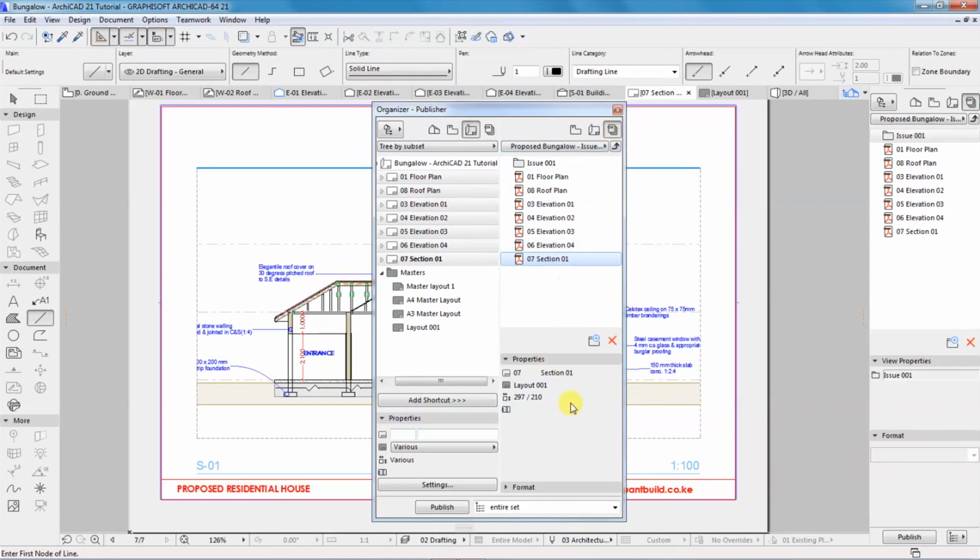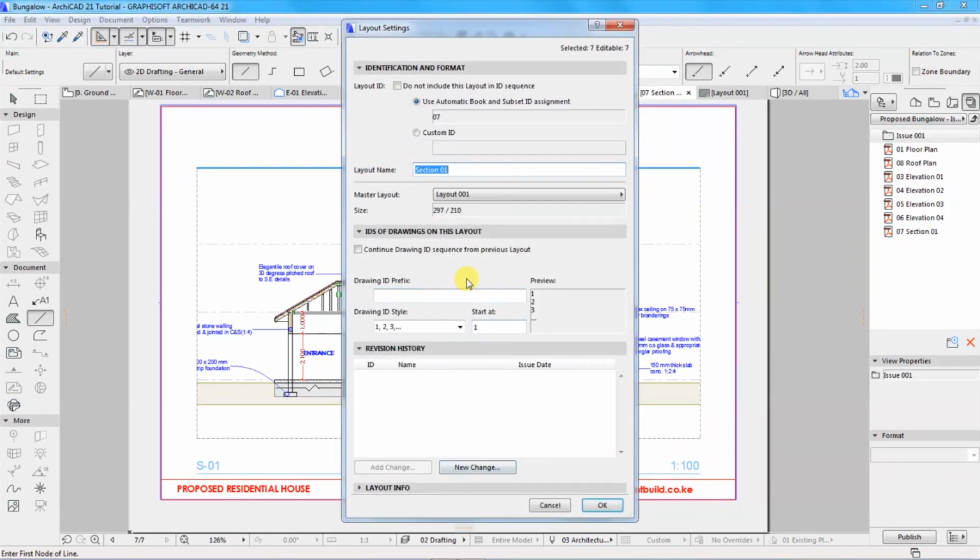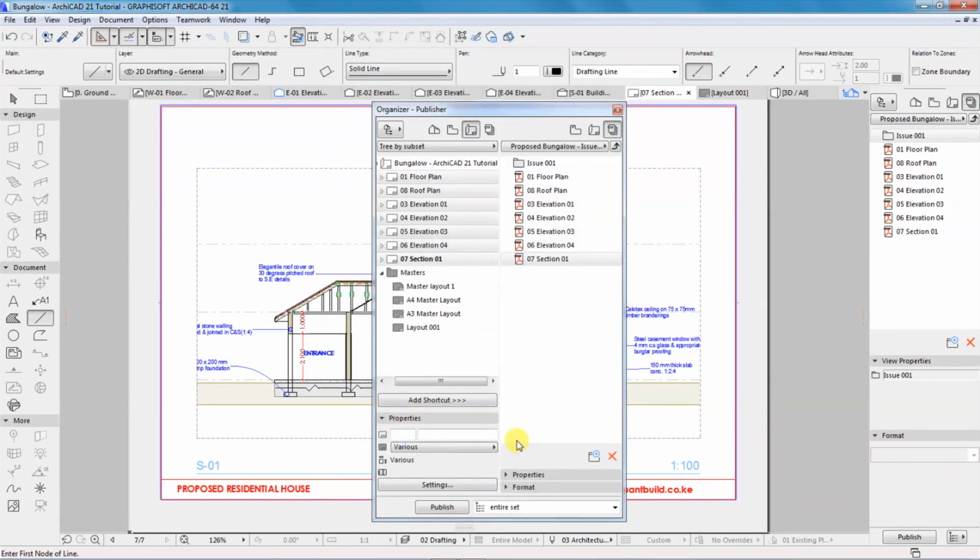And now we can do some settings before we publish. So this is it. I want us to publish the entire set, but before that